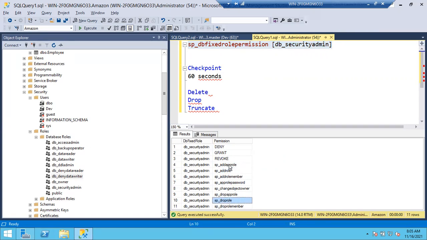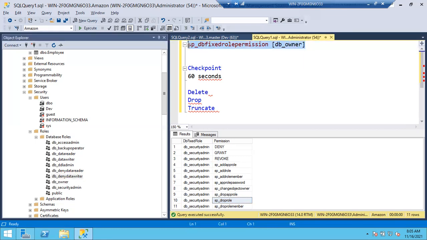Here we don't use this database level security admin, because no permissions are important or useful for us. Security admin mainly deals with app roles and adding role members. In case anyone wants to be added into any role, a user with security admin can do that. We don't use it, and there is not much use of this security admin. Okay, let's jump into the DB owner.